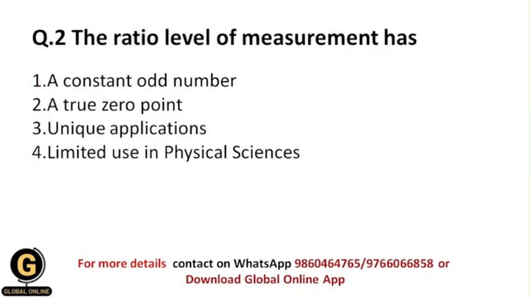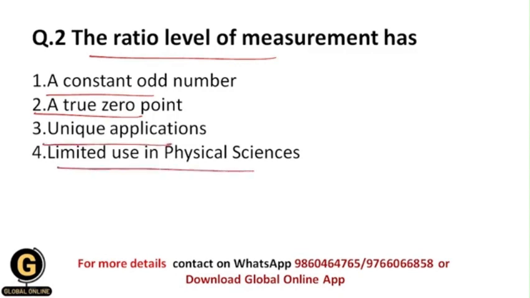Next is, the ratio level of measurement has what? Whether a constant odd number, whether a true 0 point, or whether unique applications or limited use in physical sciences. Okay, so students, as I have told you earlier in this video in question 1 that the ratio level of measurement has a true 0 point. Okay, and that's why your correct answer should be 2, because in ratio level of measurement data are measured on a scale with equal intervals between units and true 0 point, and that's why ratio scale allows for addition, subtraction, division,